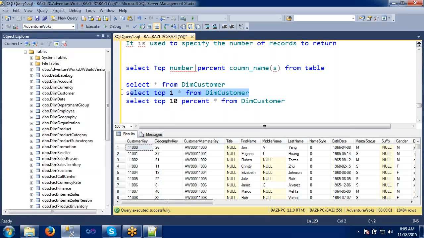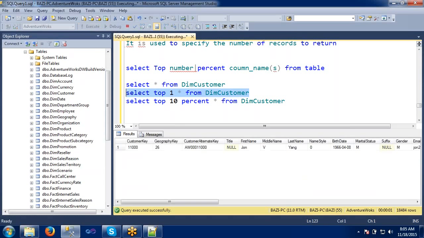Means it will get me the first record, the first stored record in that table. Not database, you should not call it a database. This is the table, so we have to call it a table. So I just want to see what is the top second record.